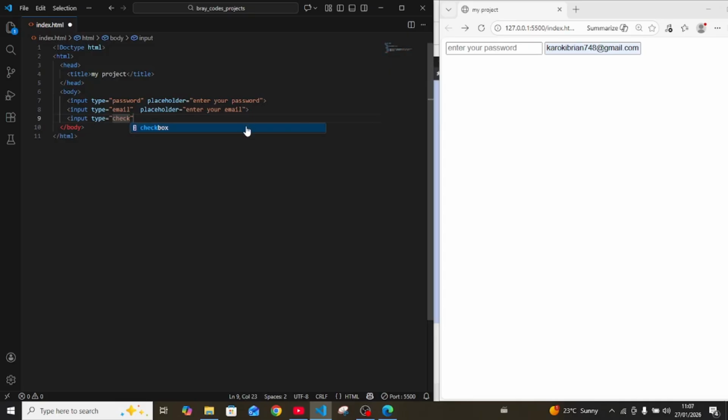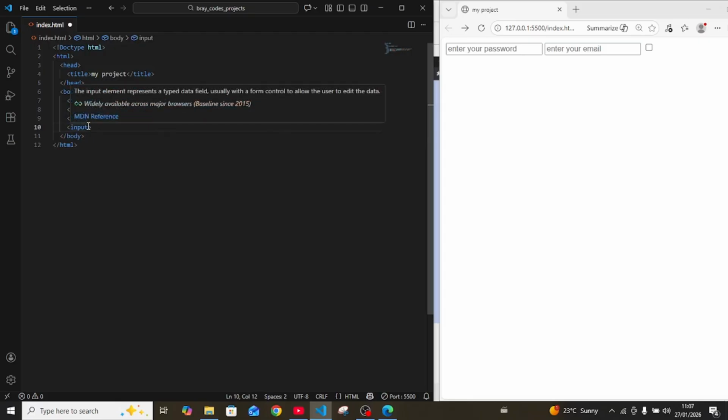It has no placeholder, and then you've seen our checkbox. You can check and you can uncheck. So that is what it is all about input. If you just type input, and then in between that input you come and write type equals,